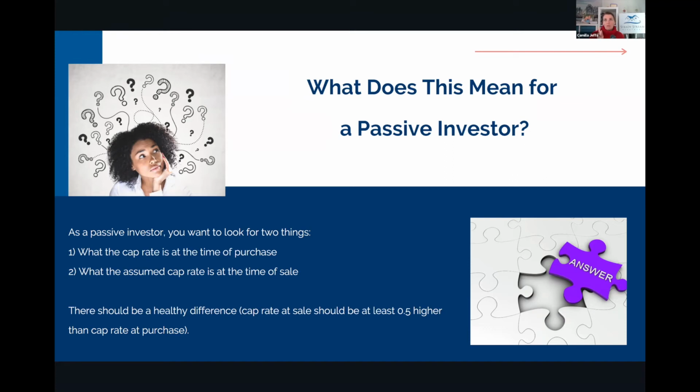So what does that tell you? Well, it tells you it's actually a lower risk investment, right? So remember, low cap rate equals lower risk. It also tells you that the price of that property is kind of high. Remember, the lower the cap rate, the higher the price of the property. So maybe that's a problem. I'm not quite sure yet. But that cap rate can tell you the risk is low. So that's good, I like that there's low risk there, if I'm the type of investor who's looking for a low risk one, right? If you can handle higher risk and you want higher reward, then you could go for a higher cap rate.